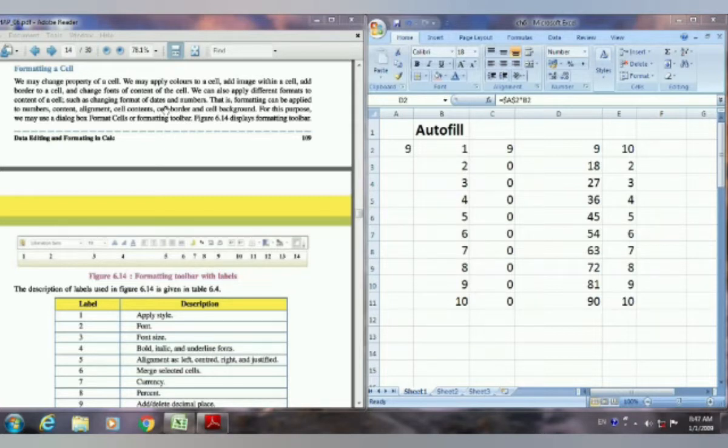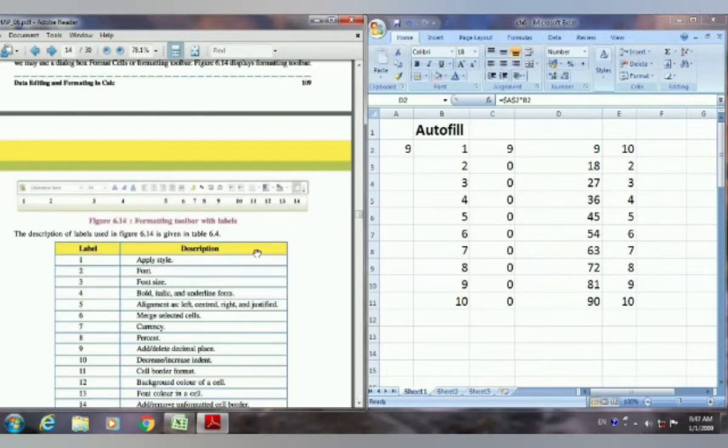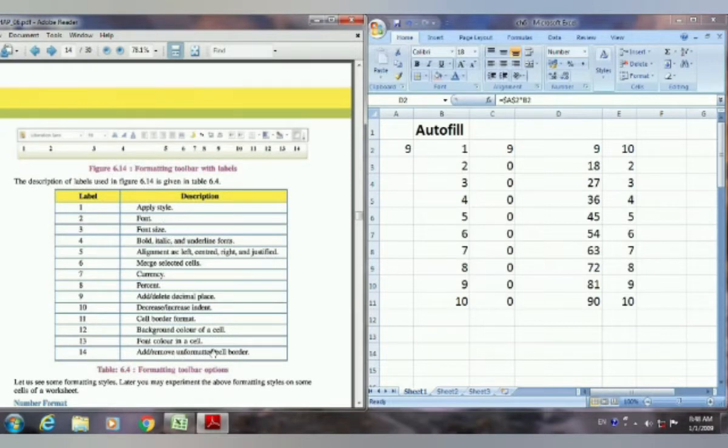How to do this, and what tools we have to do the formatting, that we are going to see now. First we will see in our textbook, means in our Kelsey program, what we have. We have a formatting toolbar with the labels that you can see here. Formatting toolbar is special in our Kelsey program. And in Excel we have the Home tab, and in the Home tab we have all the formatting options that we need to format our text. So here first we will see the Kelsey program, and one by one all the options we will see here.